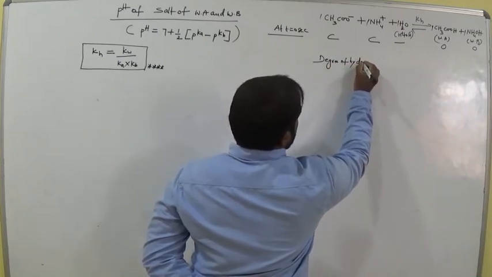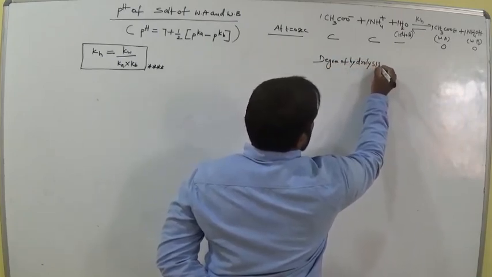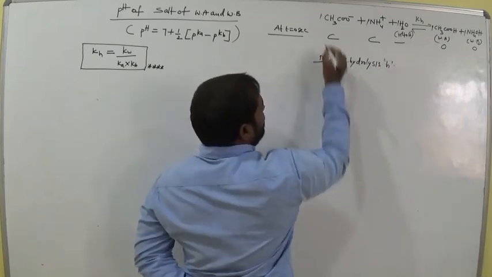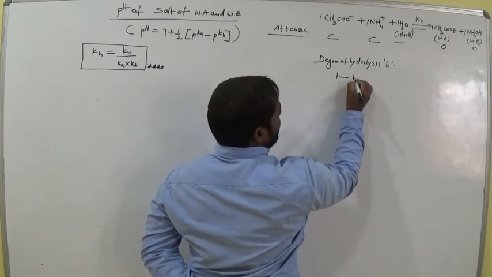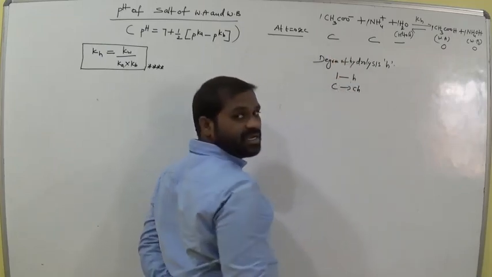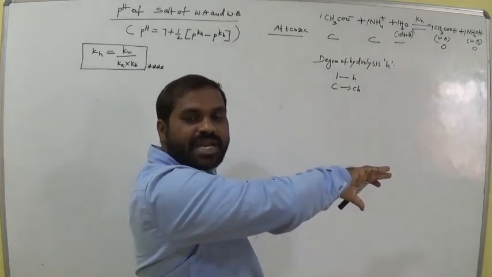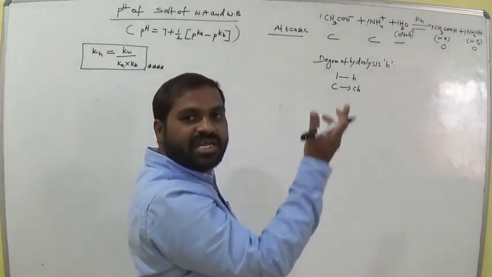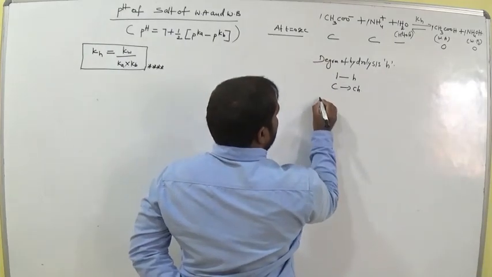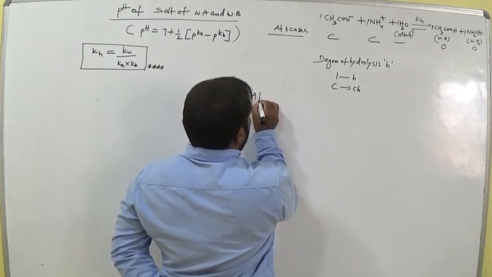Now, degree of hydrolysis is h. For 1 mole the degree of hydrolysis is h, but here we have c moles. How is it now? ch. How many moles decrease from the reactant side? ch. How many moles increase at the product side? ch. So now at equilibrium,